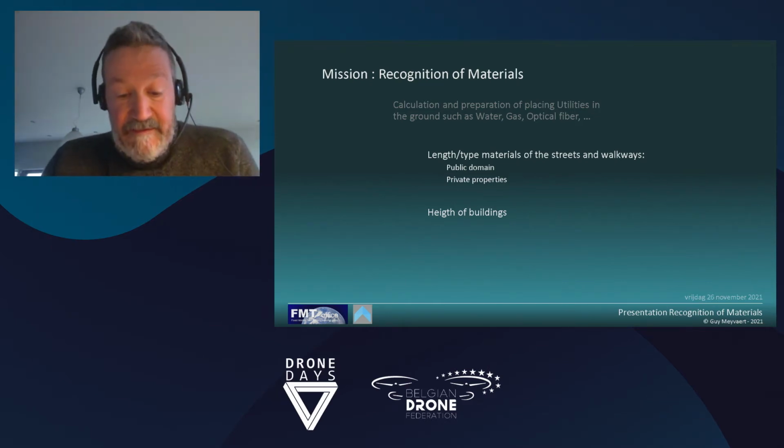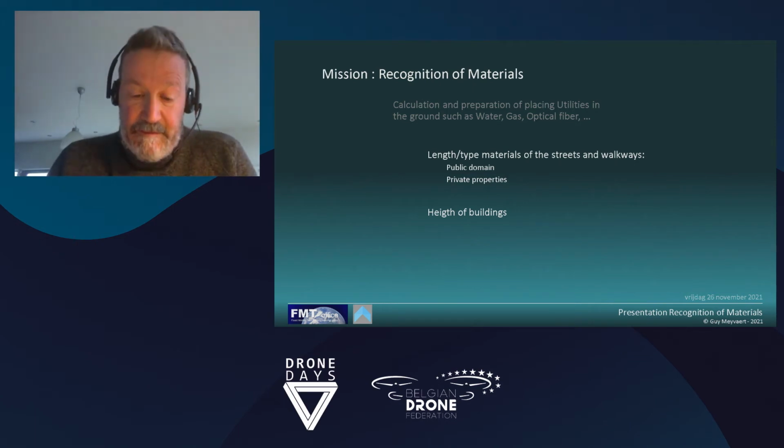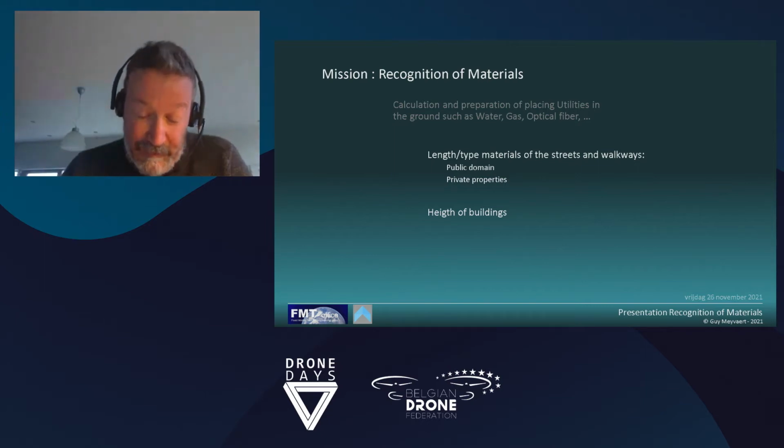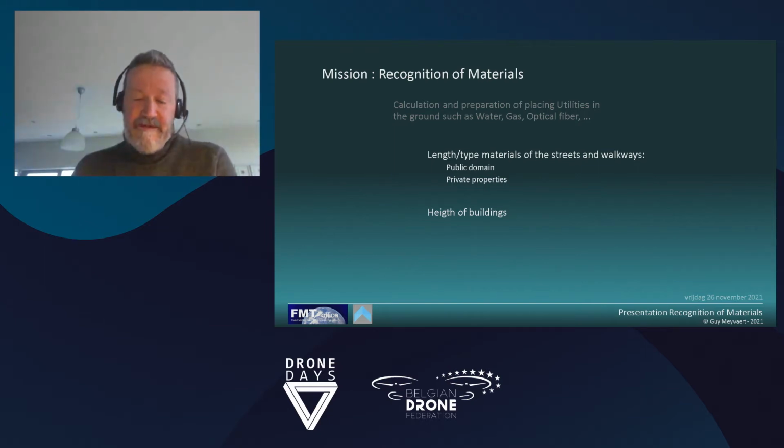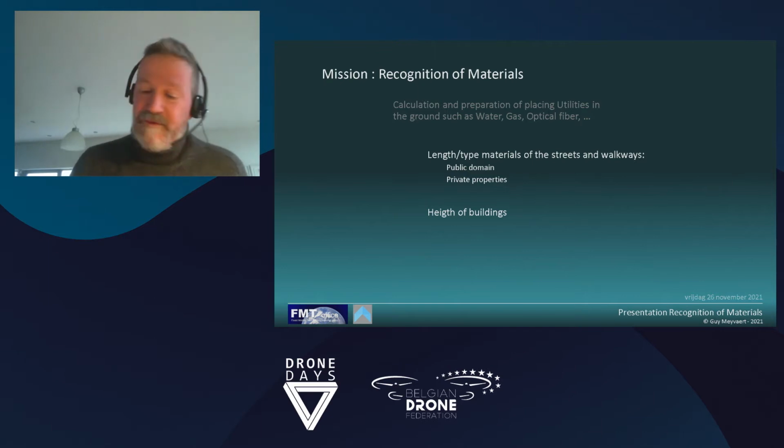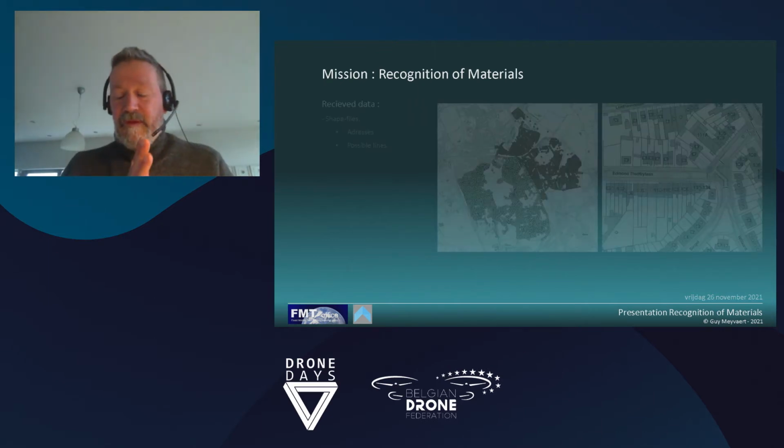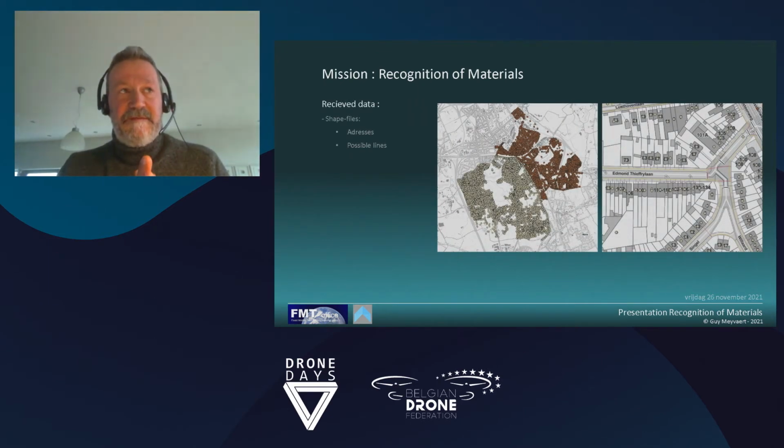And they want that for a whole city in one time. So a very big area that we need to examine and to look for is a very big challenge to manage. So first of all, what we do is we are trying to see what we get from